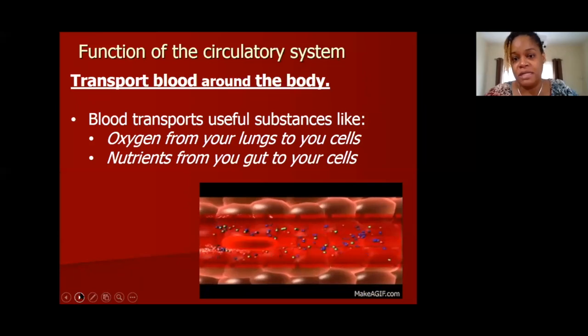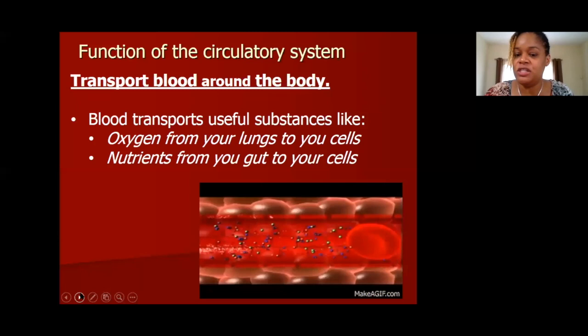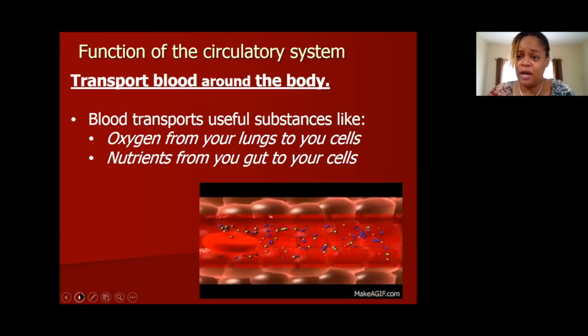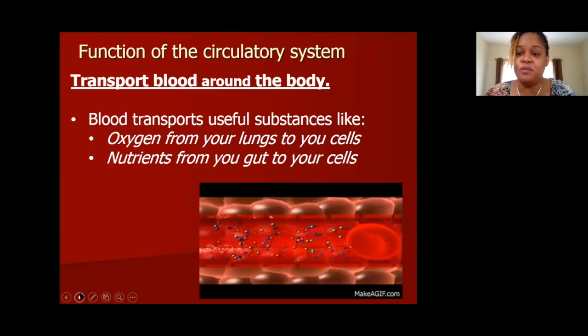So blood transports useful substances such as oxygen and nutrients. Oxygen is required by all of your cells, as well as nutrients, specifically sugars, in order to carry out respiration. And when your cells undergo respiration, your cells are essentially producing energy so that the cells of the body can